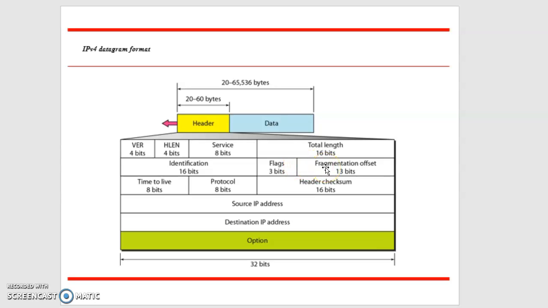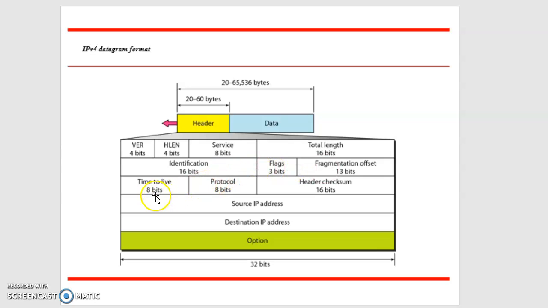Next field tells us fragmentation offset, which is a 13-bit field. It shows the relative position of this fragment with respect to the whole datagram, right? What do we mean by relative position? Suppose we have a very big datagram, and we have divided it into fragments. Maybe I'm dividing into 1,000 bytes each. So it tells me the relative position, that second fragment, third fragment, or third into 1,000. That means the 3,000th byte it is. Right, so fragmentation offset tells you the relative position of that fragment with respect to the whole